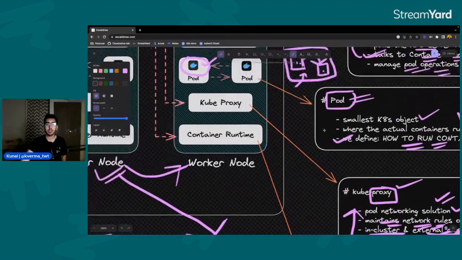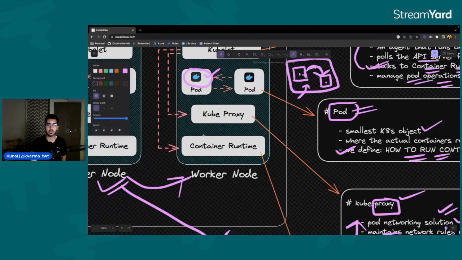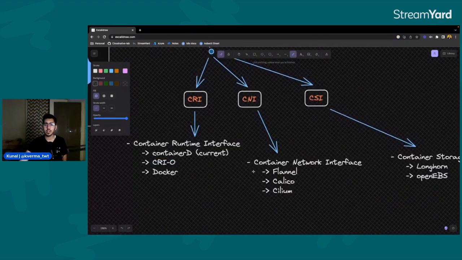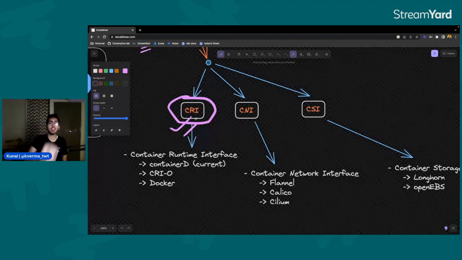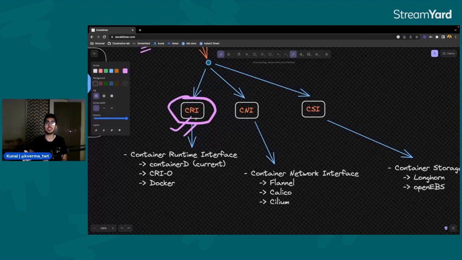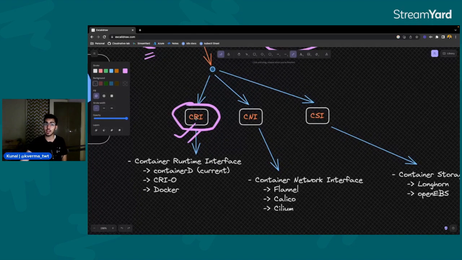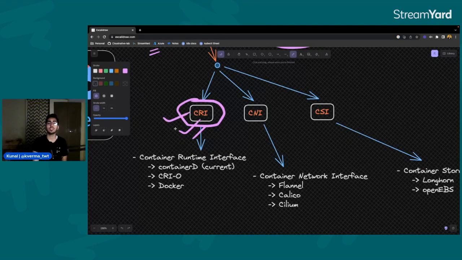All right. The last but not the least component is the container runtime. You might be familiar with that if you are familiar with Docker or the containerization concept in general. But let us see what the container runtime does. Interestingly, the container runtime has three internal components working together. The number one is the container runtime interface itself. The container runtime interface is the main protocol that helps the kubelet to communicate with the container runtime, right? To get the report of what the containerized application is running, how it is running, how it is managing. All this communication between the kubelet and the container runtime happens through the CRI, the container runtime interface.